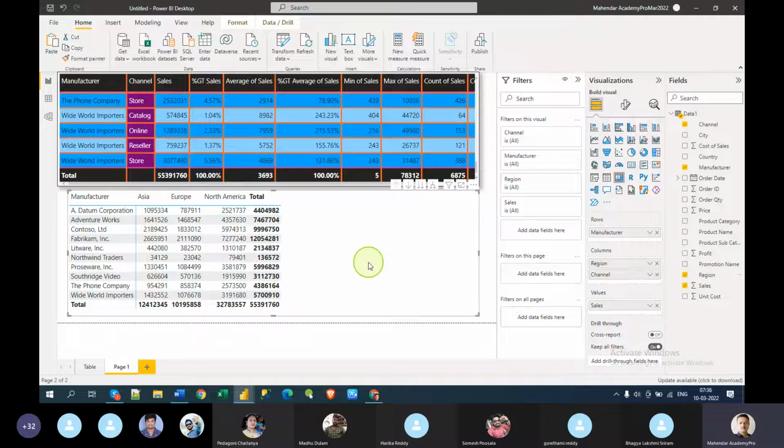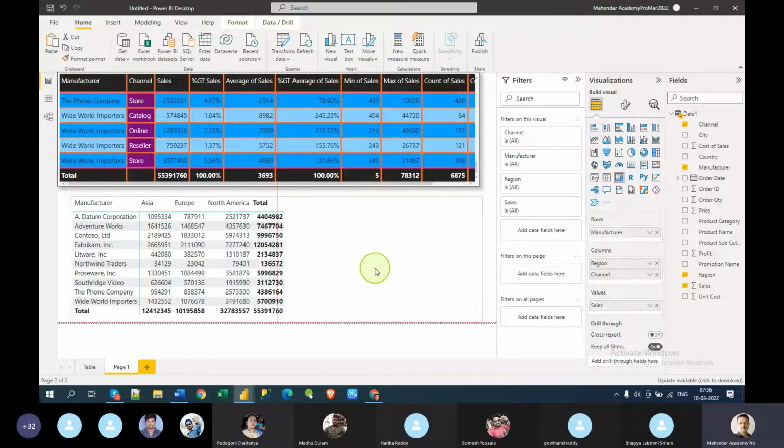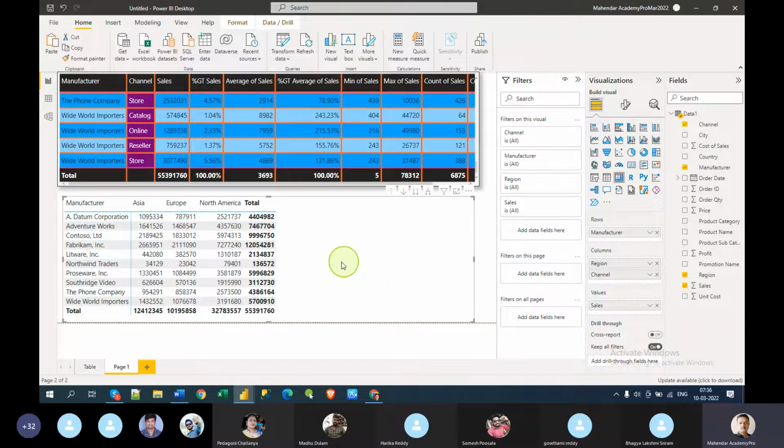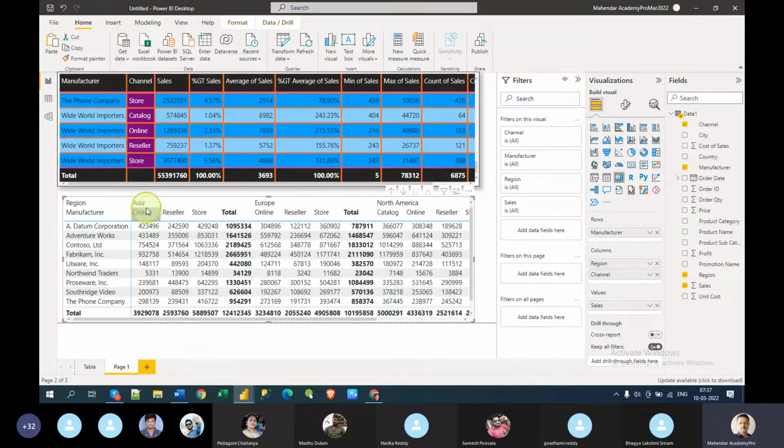Now you see how it looks. So now you see the Asia region. Each region has these channels, four channels here, three channels here, three channels, three channels. For every region you can see the channels.